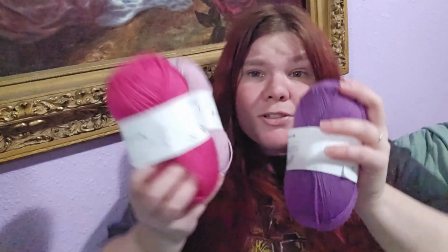These yarns are just so pretty. Oh my gosh, I would love to order more of these. I hope there's enough of each color to do all 4, the full sock set. I want to make all 4 of them, but